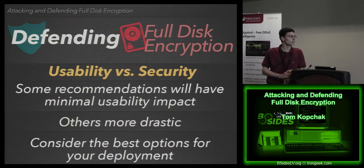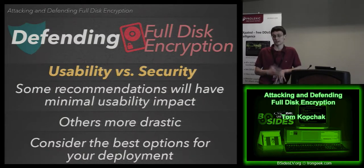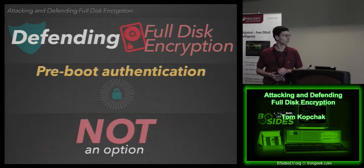This comes into the case of usability versus security. Some of these recommendations will have minor impact, and you can go home and on Monday implement them. Other ones might be more drastic and harder to implement in an organization. You might receive pushback from your users. Depending on what you're trying to secure and the risk of the information on the system, it might not be worth it. Quite frankly, that's what we must manage in security. You really need to consider what options are best for your deployment and choose the balance that's best. So I'm not saying to do everything, but one thing I definitely am saying is